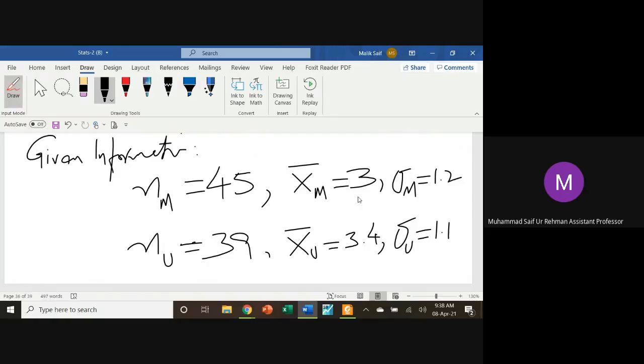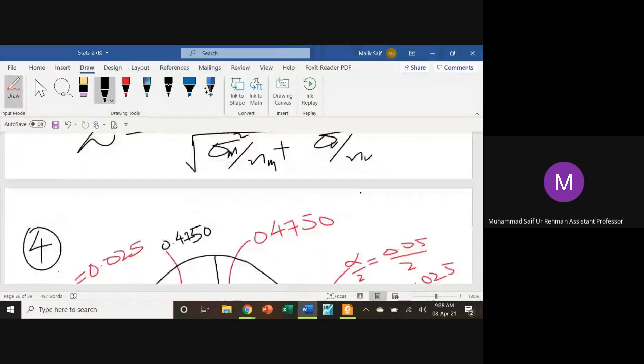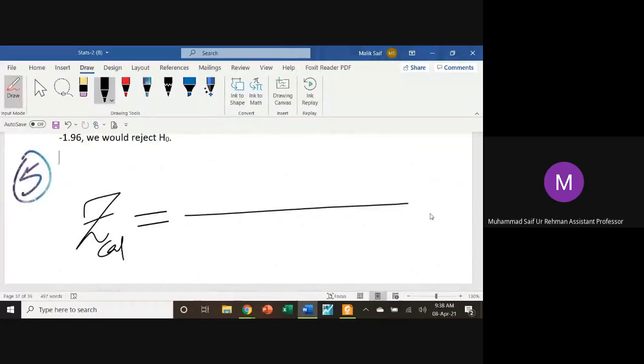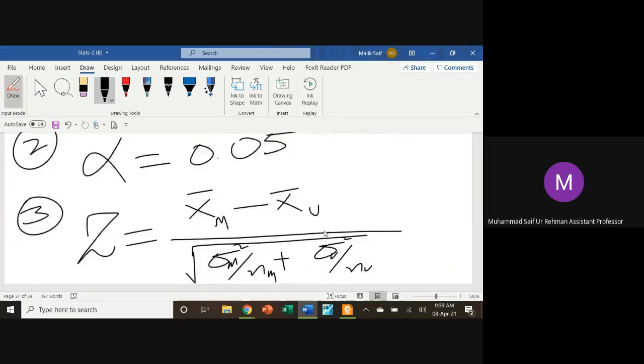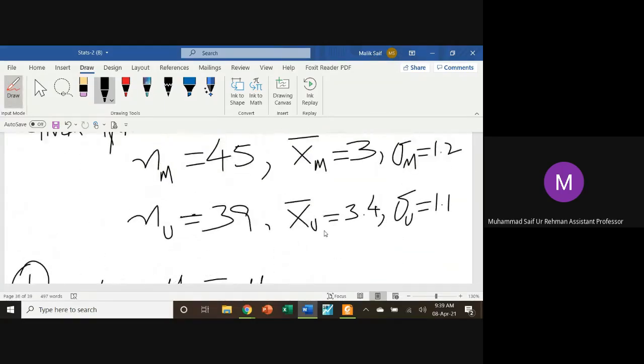So you may write down 3 minus 3.4, divided by 1.2 square,